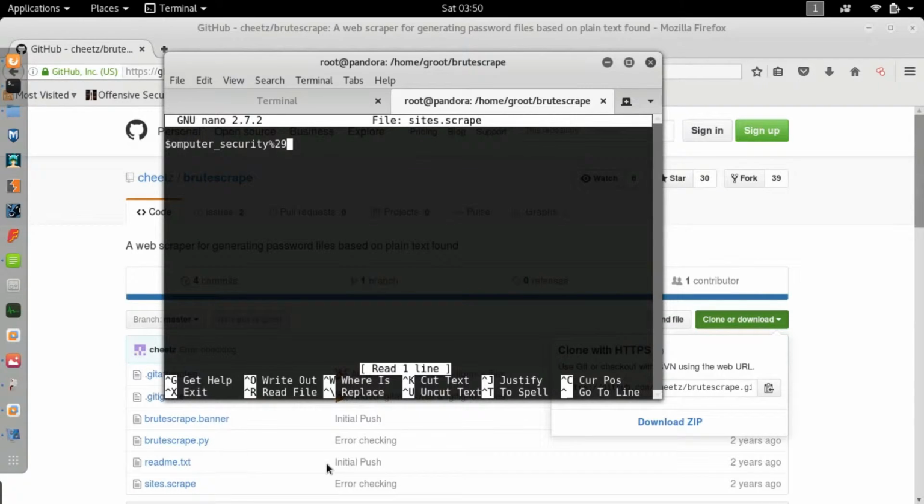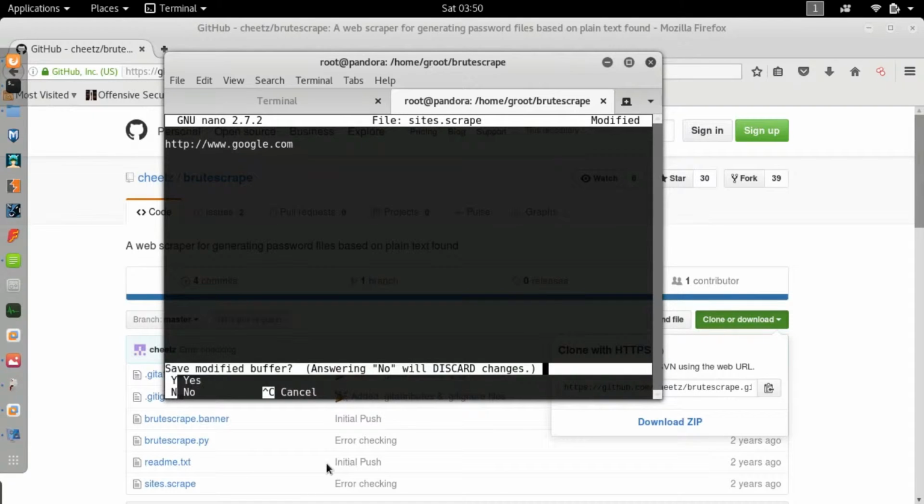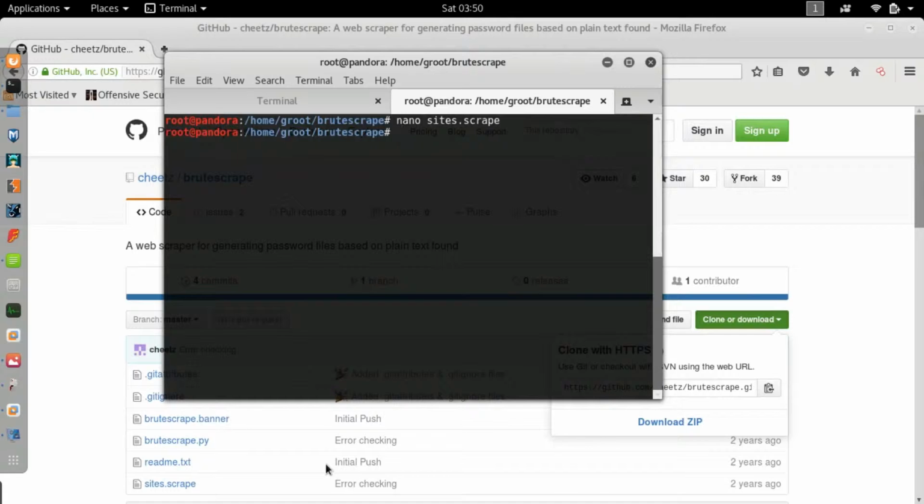Just replace this with the URL of your target website. I'm going to type in google.com, which by the way is not the target website, and to save, Control X, hit Y, hit enter. Now clear this out, and click on Python, and